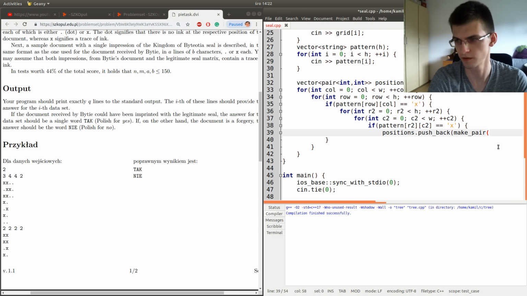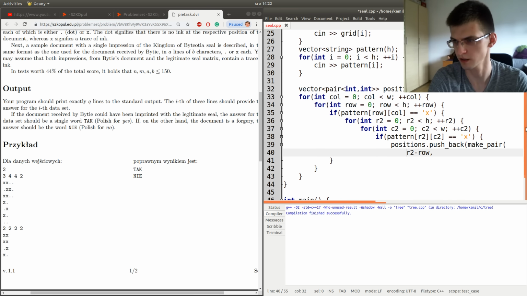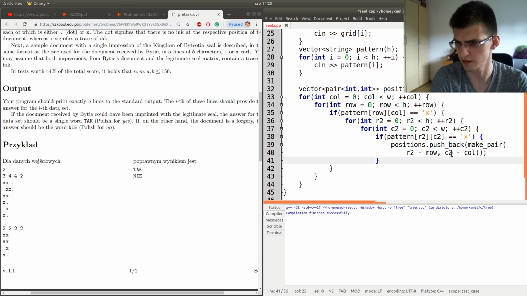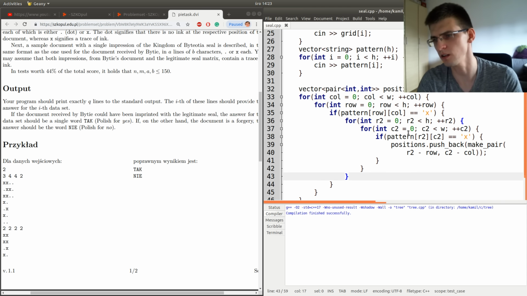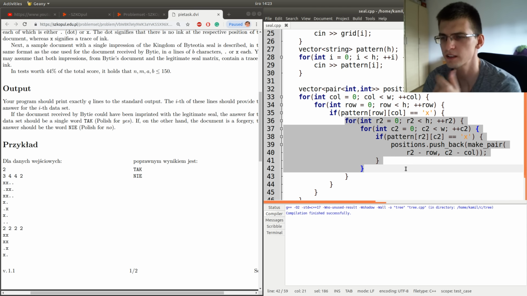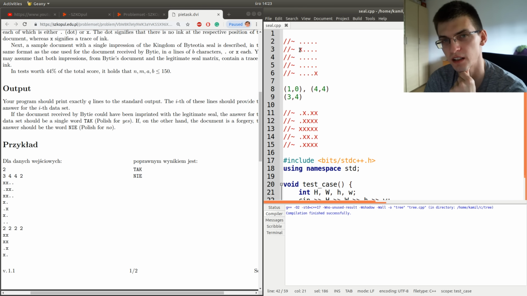So R2 minus row, and let me move it to the next line, and C2 minus col. And you can notice here that I also will add that leftmost cell itself.